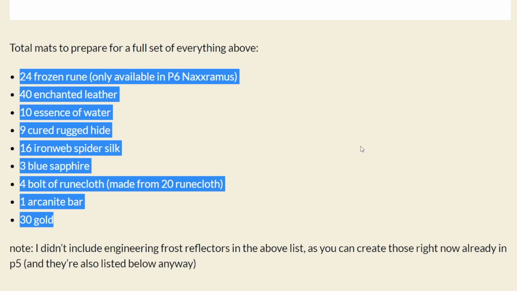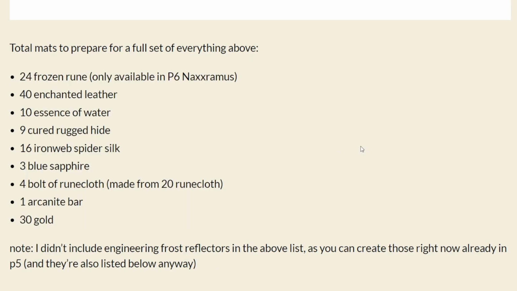So you can see here we've got 24 frozen runes, 40 enchanted leathers, 10 essence of waters, 9 cured rugged hides, 16 ironweb spider silks, 3 blue sapphires, 4 bolts of runecloth, 1 arcanite bar, and 30 gold. So you can see the main cost of this is this stuff here at the top. So you need the frozen runes, 24 frozen runes, which are, again, they're going to be a pain in the